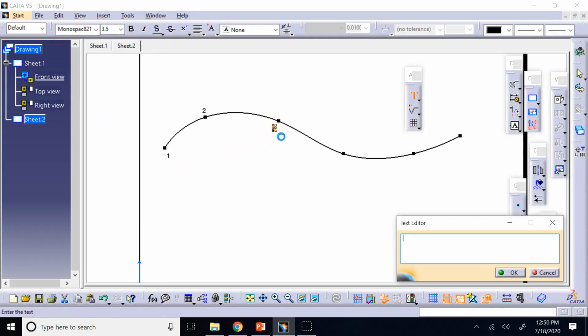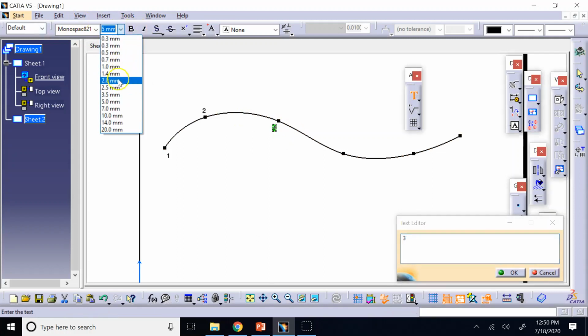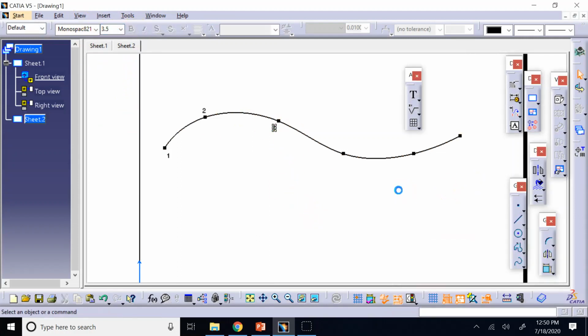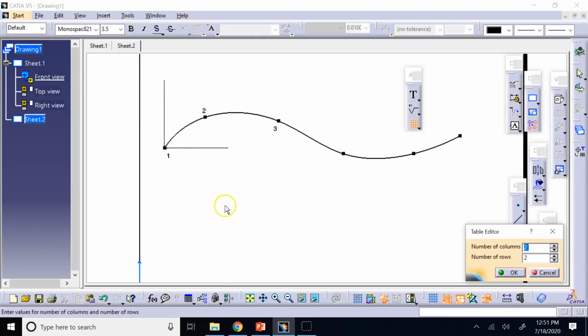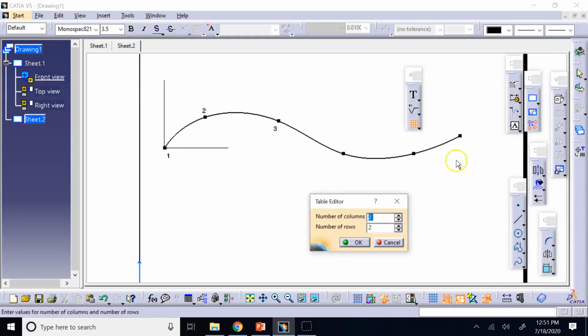And then maybe click here, call this 3, right? And so on and so forth. And then I can set my origin somewhere, anywhere that I want, right? So I can set my origin here, and then I insert a table, which is this guy, and I say I want, let's say it's 6 columns,